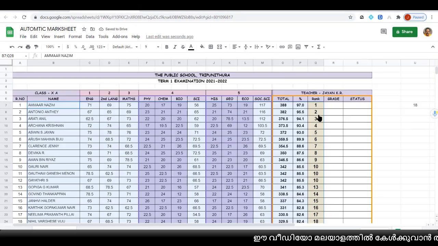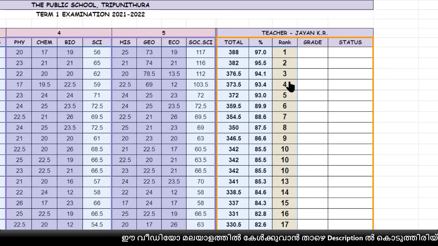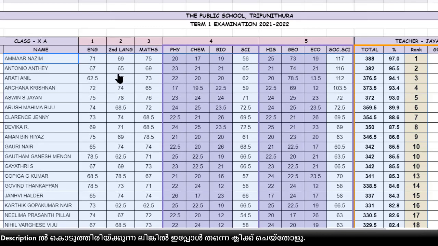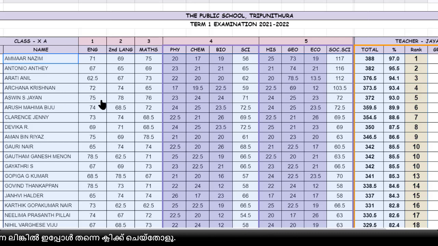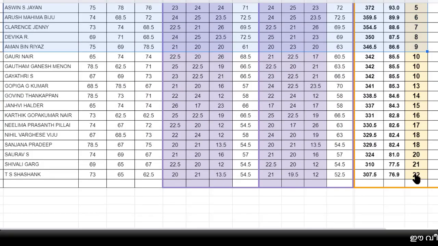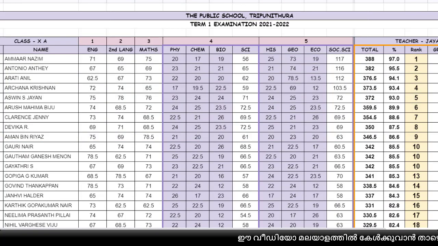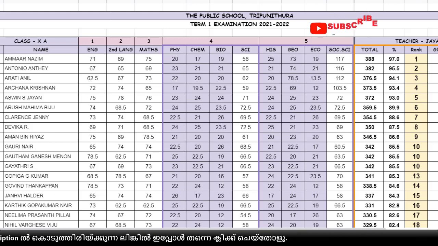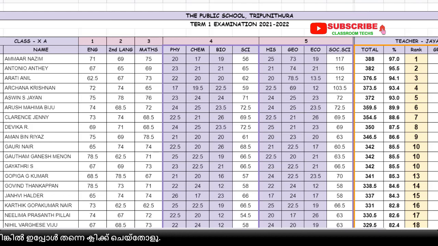See, here 1, 2, 3, 4, 5 automatically came in order, rank wise. So you can see this boy is the first one, and this boy is the second one, like that first, second, third, whichever position we need, you will get all positions till 22. Okay, that is the method of sorting and ranking. I hope you understood how to select, how to add the columns and marks, how to take the total, and how to find out the percentage and rank of the students. We will meet again with a new topic next time. Till then, goodbye.